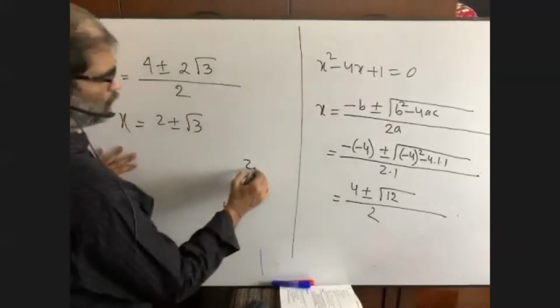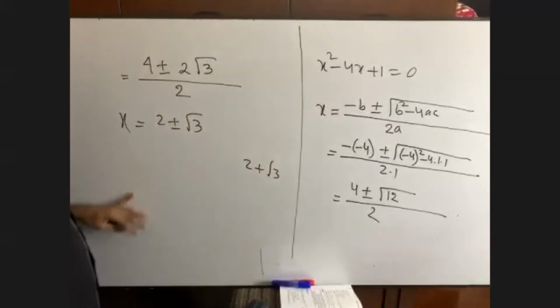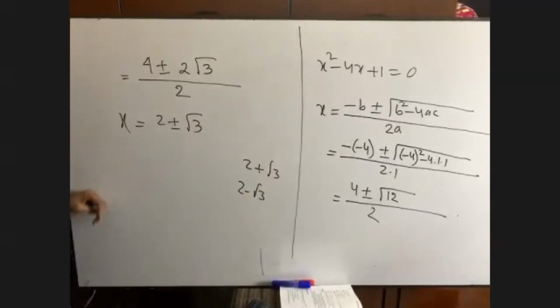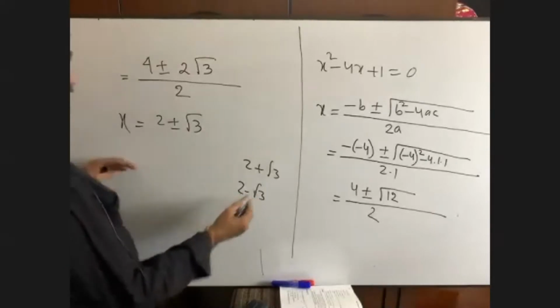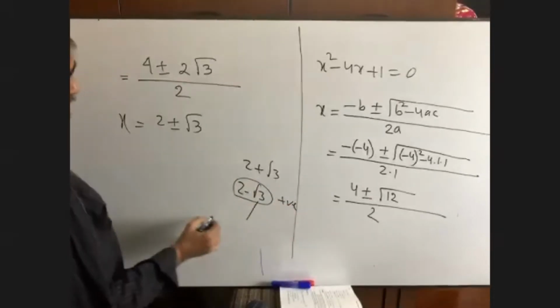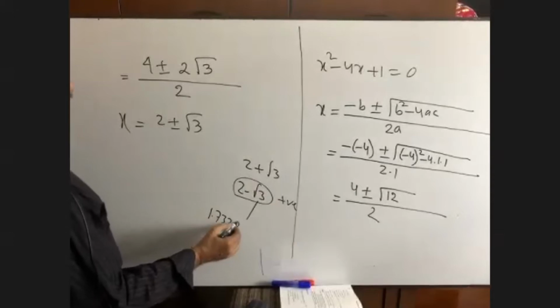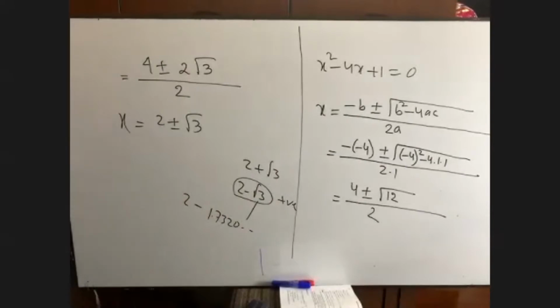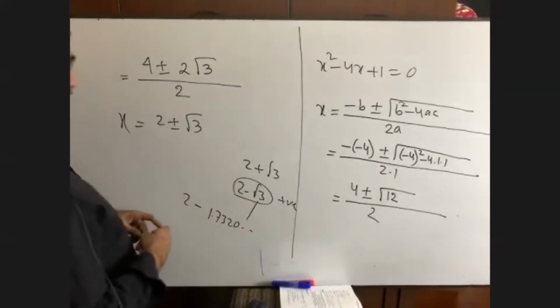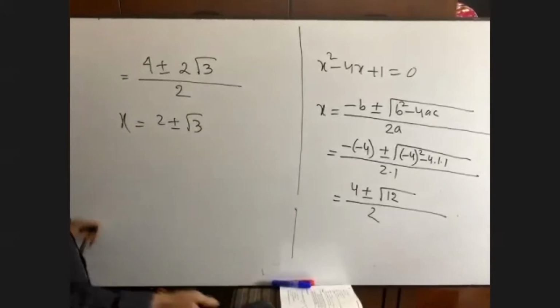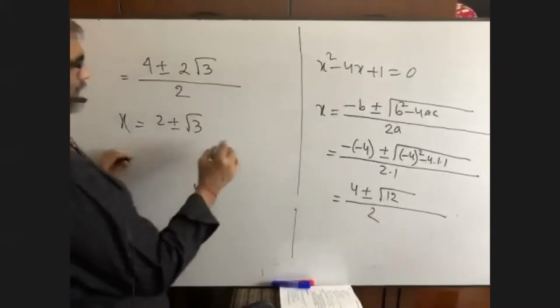You see, 2 plus root 3, it is always positive, right? Now you see, 2 minus root 3, is it positive or negative? Yes, it is positive because root 3 means 1.7320 something, okay? So 2 minus this, it is positive. So we get 2 values, right? Here 2 values are correct. Have you got it? So we have got our answer.